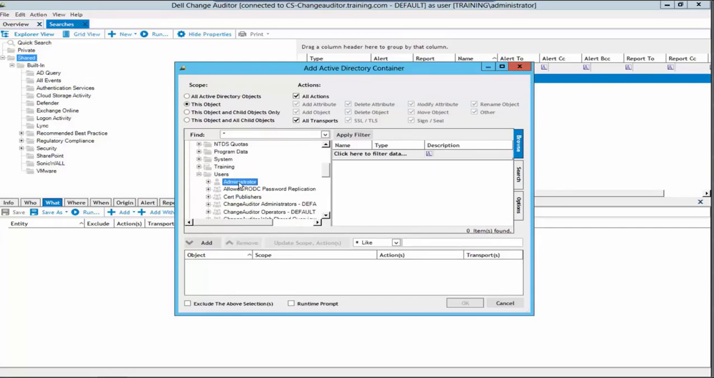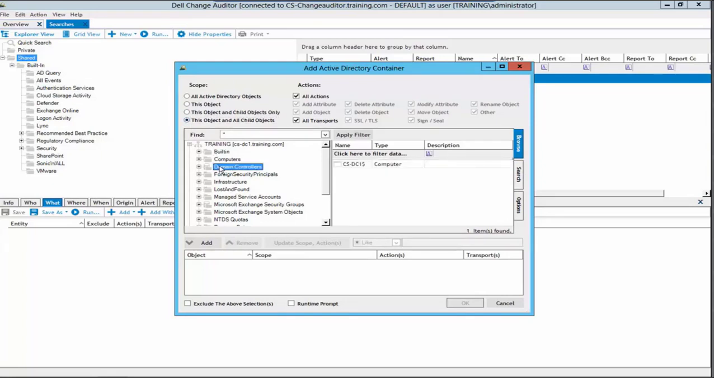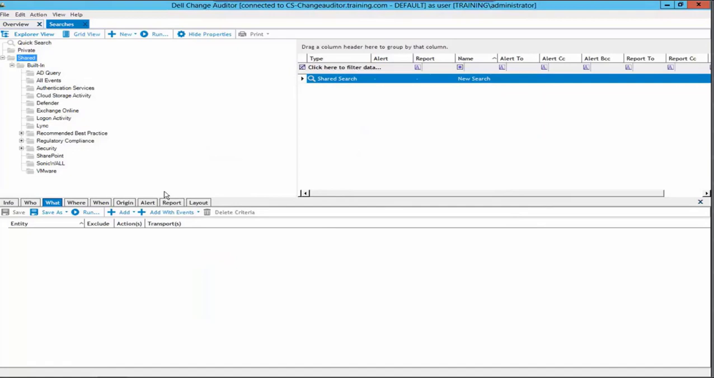Multiple objects can be added to the list, or you can set the scope to either this object to child objects only, or this object to all child objects. This is useful if you want to search for changes made to all objects that are within an OU, for example, domain controllers. If we return to the drop-down arrow next to the Add button, we can then select the